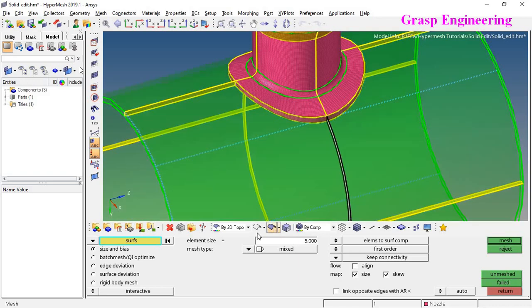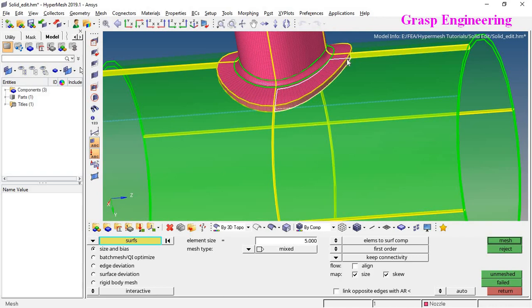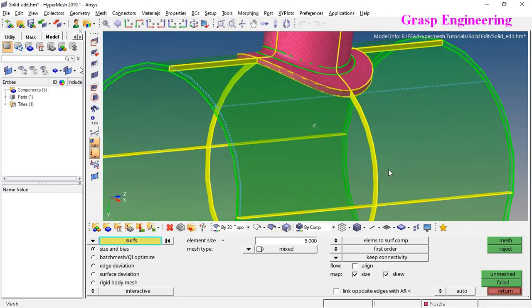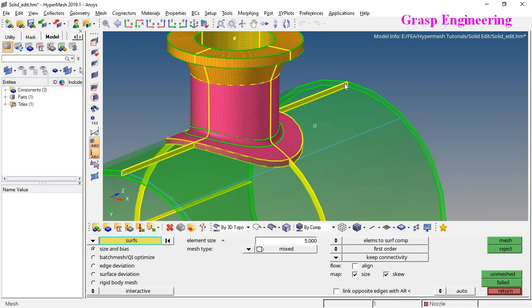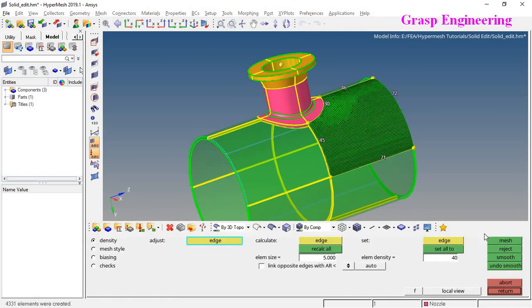First let's select this topmost face. You need to select the outer face, and just do the mesh. Reject.